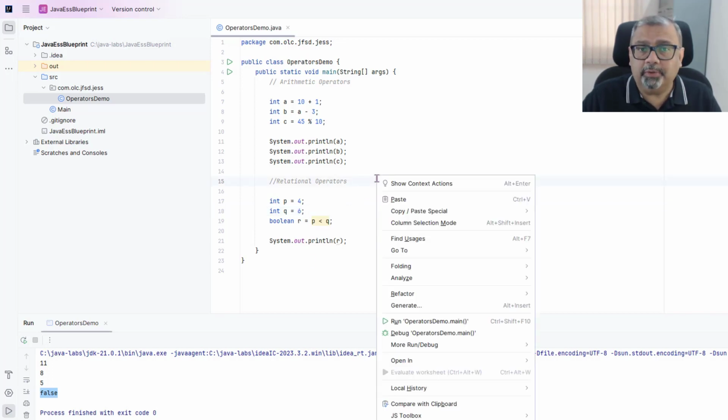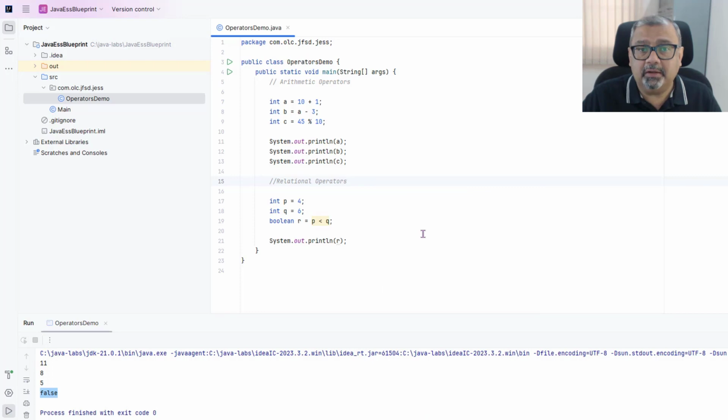So again, you want to run this, you have multiple options. You could do Control Shift F10, or you could directly run this particular main method by clicking on this option. So now let us see what would be the output. So the output is true here, which means it is less than. So p is less than q. Okay, so same way we can also compare less than or equal to, greater than or equal to, all those things, which